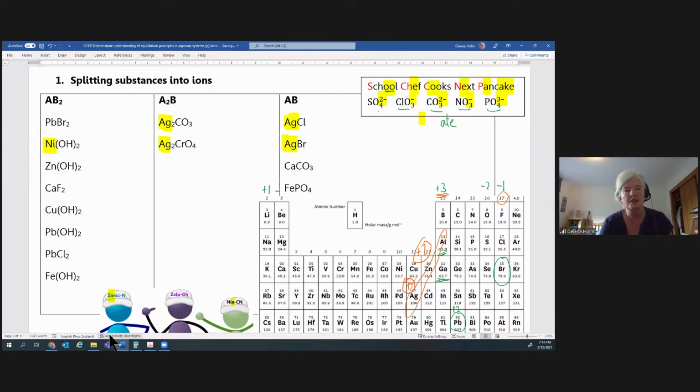You've also got zinc coming up for complex ions. So remember, zinc comes up over here for complex ions as well as there. And you've got lead. So those were things that have come up in the past. So lead comes up as a complex ion. And of course, copper comes up as a complex ion. Oh, there's another lead. So you can see a lot of these that have come up tend to be complex ions. So think of that straight away. And then the other thing that you can think of when you just get given these is, again,